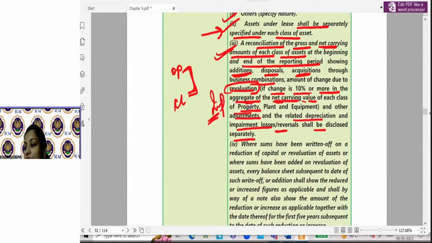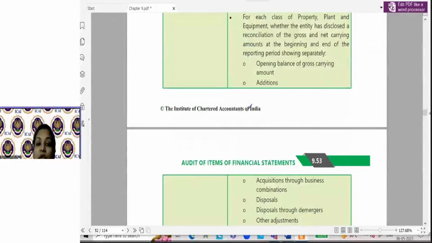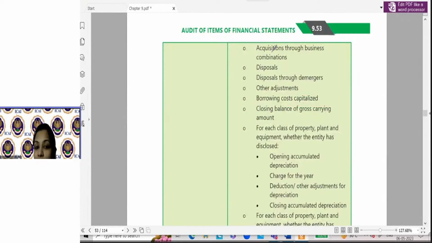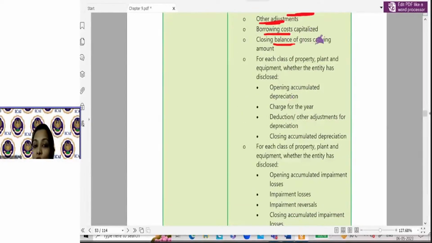So 100 बढ़ने का it is lesser. ठीक है? So see, with respect to the opening and closing, it is explained here in detail कि opening closing को कैसे देखना है. Opening balance of gross carrying amount plus the additions, plus acquisition through business combination, disposal किया है, demerger में disposal किया है या other adjustment, कोई borrowing cost को capitalize किया है, closing balance of gross carrying